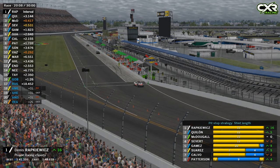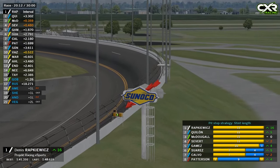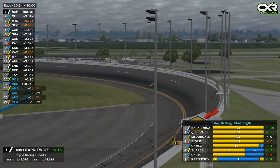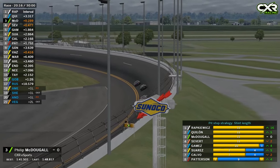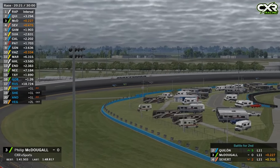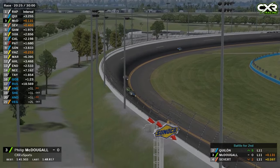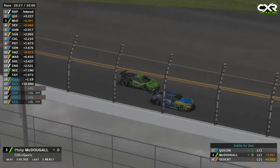Who's this in the pits? That's Dennis. No, Dennis? No, it can't be Dennis. Dennis is still driving around. So just over 9 minutes of the race to go